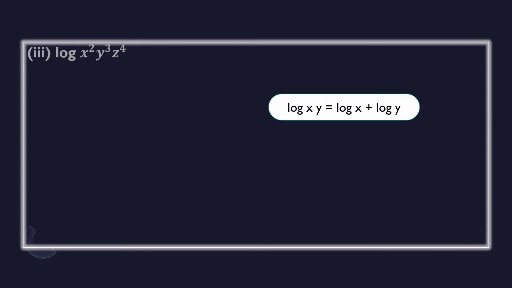So here is your next problem: log of x square y cube z power 4. From the properties we have, when the logarithm is under multiplication, you should give plus in between them, because multiplication's friend is plus, right? So your formula will be log xy equals log x plus log y. Here it is under multiplication, so they are separated with plus in between. Three factors are there, so write 3 of them with plus in between: log x square plus log y cube plus log z power 4.